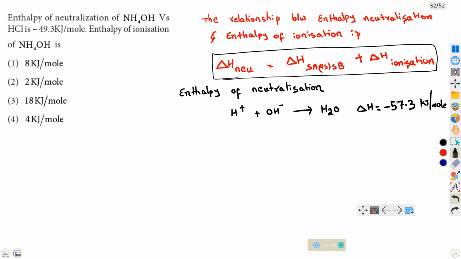The value for strong acid versus strong base is fixed, that is minus 57.3. Minus how much given? Strong acid versus strong base, minus 49.3 plus